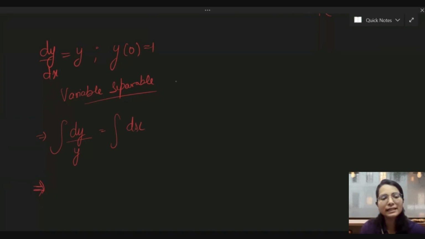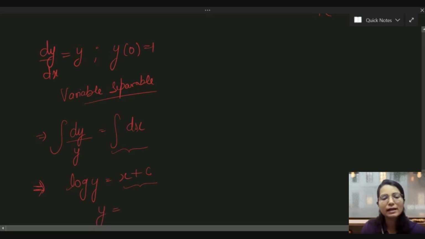So now we integrate it, we get log y is equal to x plus some constant, because when you are doing indefinite integration you will always get an arbitrary constant. So if you want to write y in terms of x, you will write y is equal to e